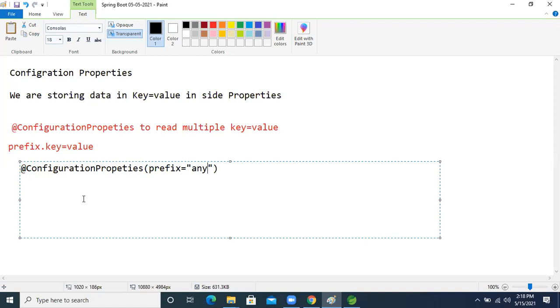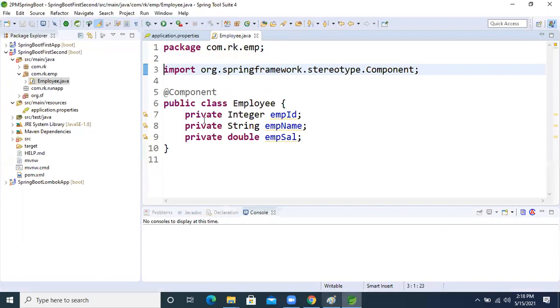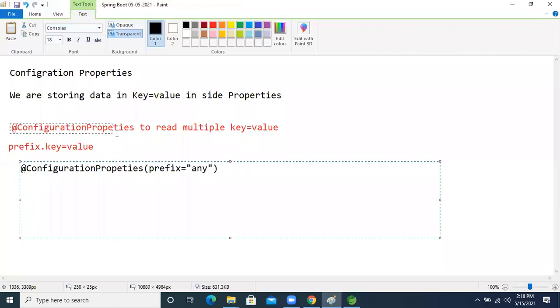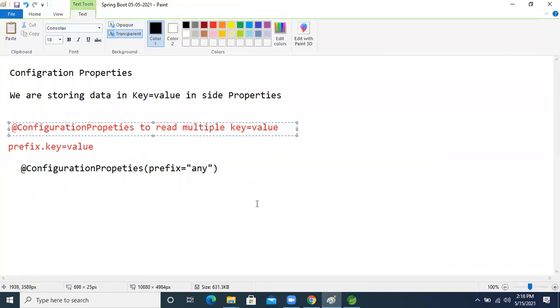The number of keys defined equals the number of variables. However many keys we define inside the property file, that many variables must be inside the class. These become the keys inside the property file. Also, this @ConfigurationProperties class must use setters and getters, otherwise our IOC container will not inject the data and it will fail.